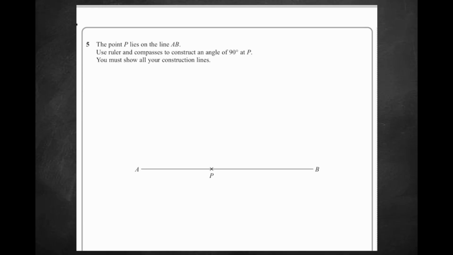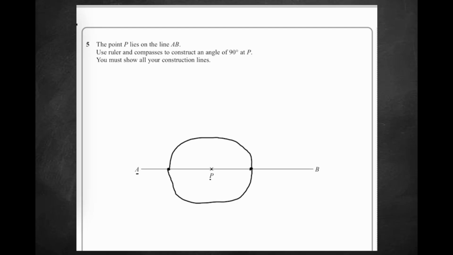So I'm doing this exam paper on an iPad, so I cannot show you the ruler and compasses, but I will be able to explain to you what you need to do. Basically, you're going to need to draw a circle from point P using your ruler and compasses, and it will be on the line AB, so you're going to have something like this, just like that. It's a very flat circle, but yours will obviously be a proper circle. And the point of this is that you'll be getting 2 points that are equal distance away from each other